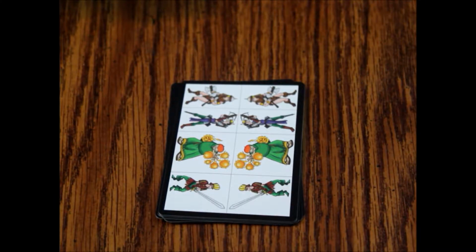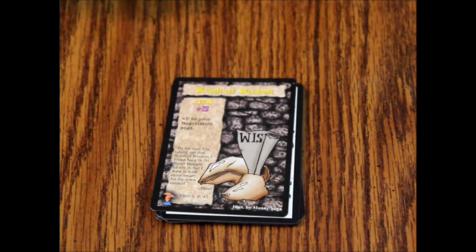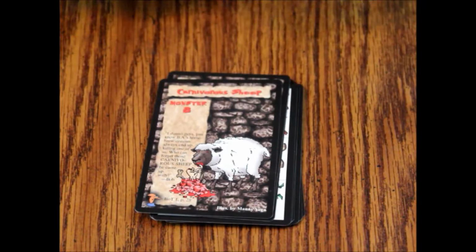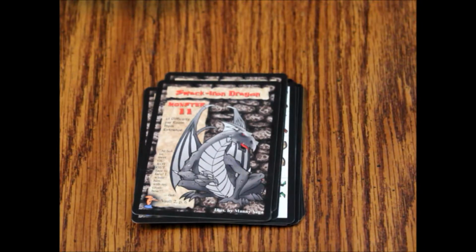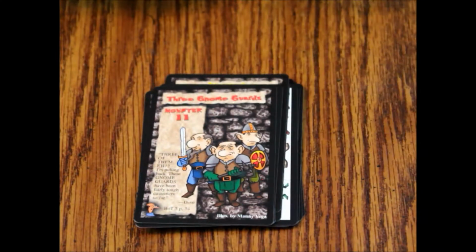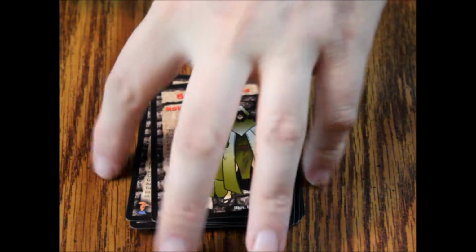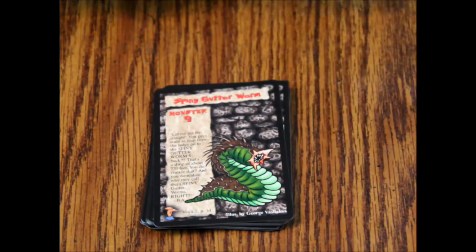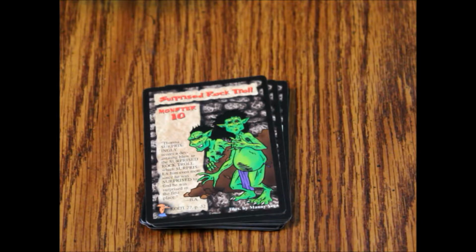We have a Scroll of Wisdom, Bracers of Dimensional Shift, Carnivorous Sheep, Swack Iron Dragon, 3 Gnome Guards, Granurian Monks, Spring Gutter Worm, Surprised Rock Troll, Ragnar the Ogre,